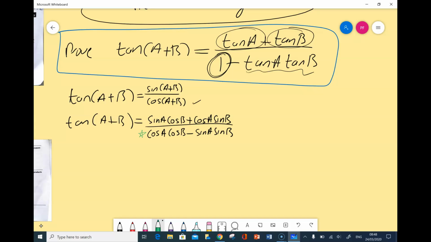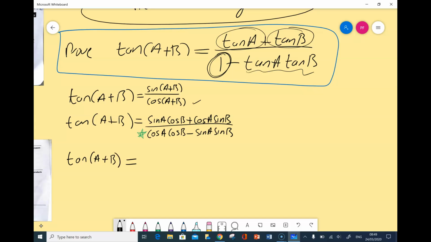But in a fraction, you can't just divide one thing by itself. If you want to keep the fraction equal, you have to divide everything by the same thing. So in order to turn this to 1, I have to divide it by itself, cos A cos B. But to keep the fraction the same, I have to divide everything by cos A cos B. So let's have a look at that. So tan A plus B